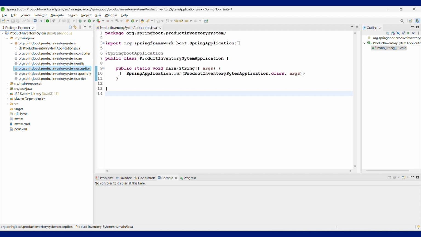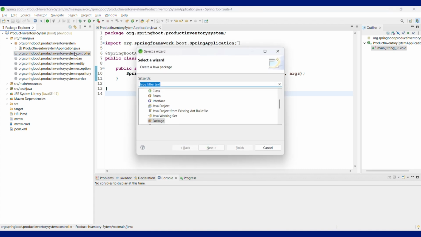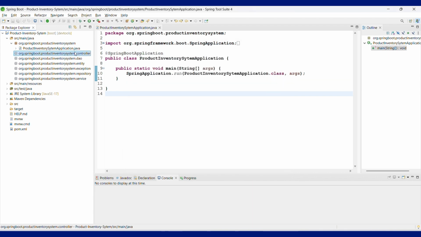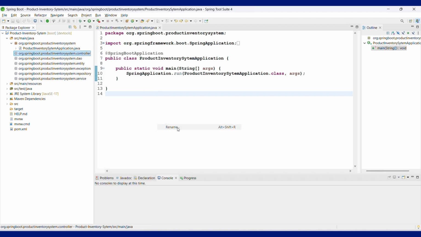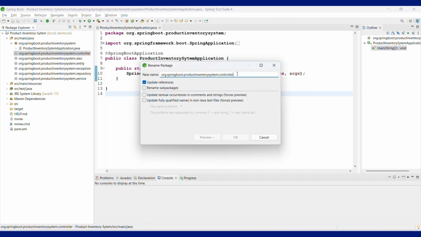What if you have multiple entities and deal with one controller for one class? That means if you have a product and merchant class, the product controller handles the product class and the merchant controller handles the merchant class. In that condition, instead of Controller, you just press Ctrl+N or just modify it, cancel it, come here, refactor, rename, and instead of Controller, just write a